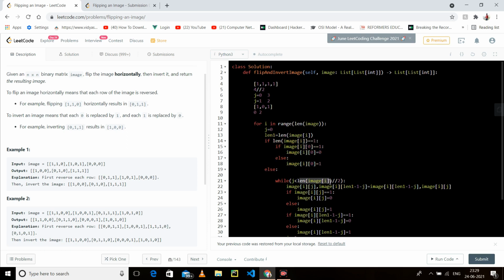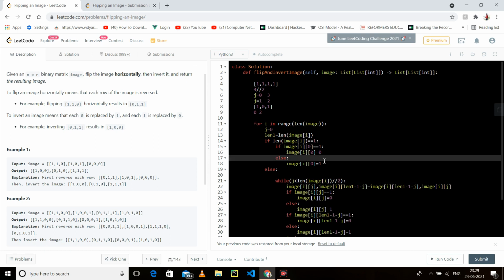this is only eligible when our length is at least 2, because j is 0, and whatever the value is there, it should be greater than 0. If it is 1, then it is eligible. If it is 0, it is not eligible, because 0 less than 0 is false. So this is not going to execute. So this condition should be true, and this condition is only true when our length is at least 2, because 2 divided by 2 is 1.